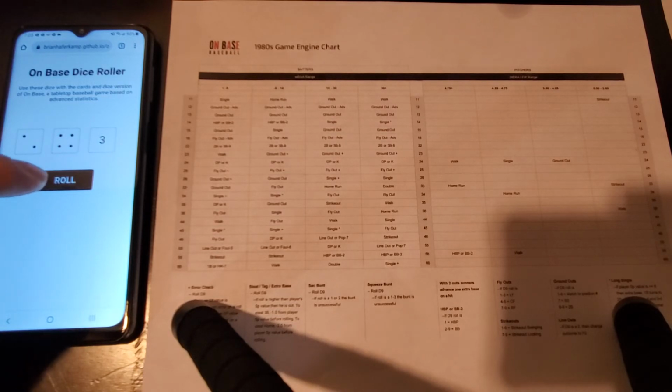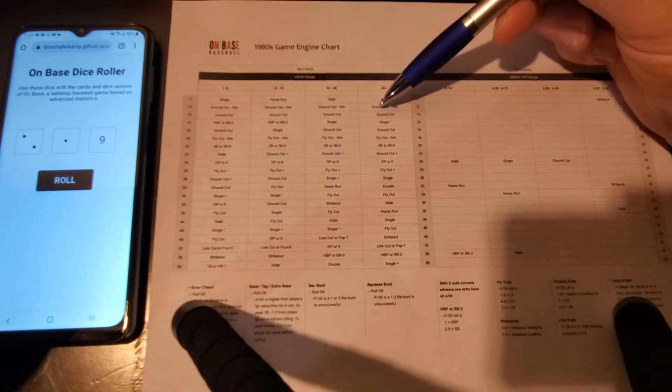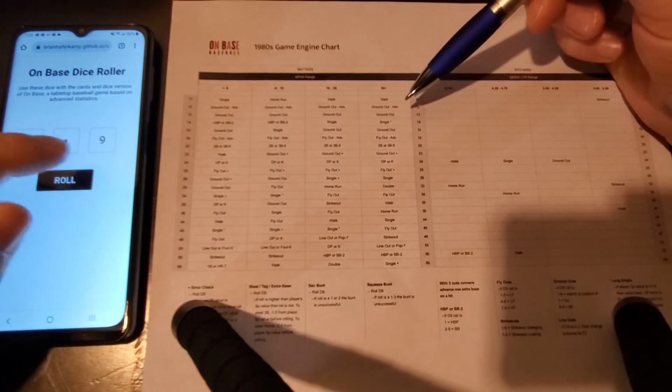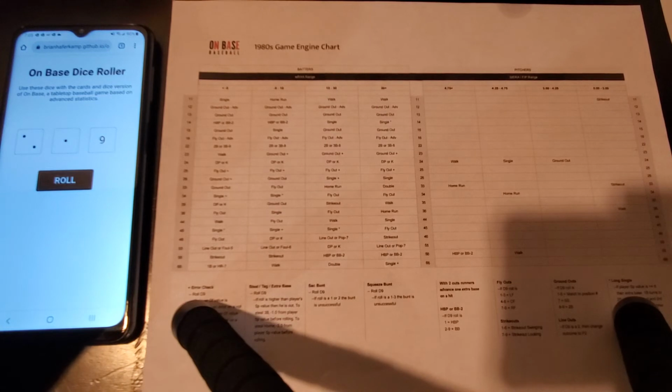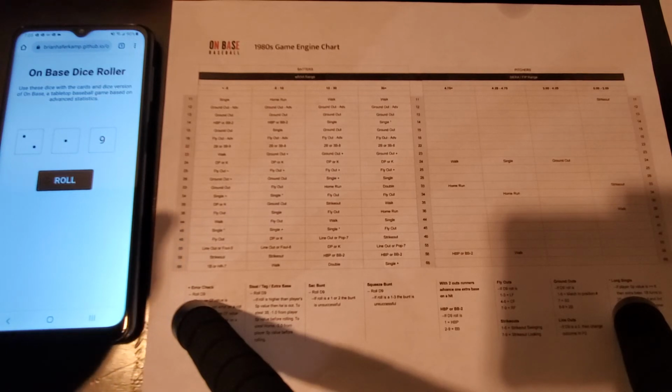Now 1 out, and Kevin Mitchell to the plate. 1-2 to Mitchell is going to be a 12. 12 is going to be a ground out with the runners advancing, so maybe a little slow chopper to second base. Second baseman comes in, flips to first, and gets the out, but everybody moves up 1, so that's going to be an RBI for Kevin Mitchell as the run from third comes in. Excuse me.